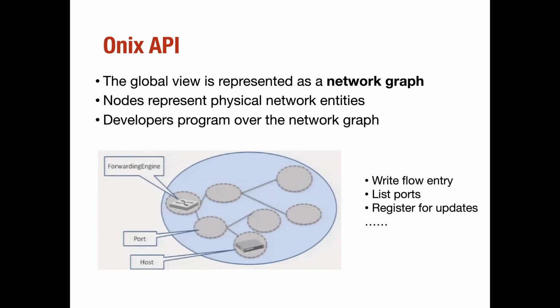So this abstraction is important because it is interested in information from each of those elements in the network, right? So if it wants to know how many packets this port has seen, this is a counter that the port can maintain, and this is something that the program can register and say, okay, I'm interested in the number of packets at this port, right? So it needs an abstraction for that port, and that is why the graph is a bit more fine-grained compared to a typical network topology graph that you would see.